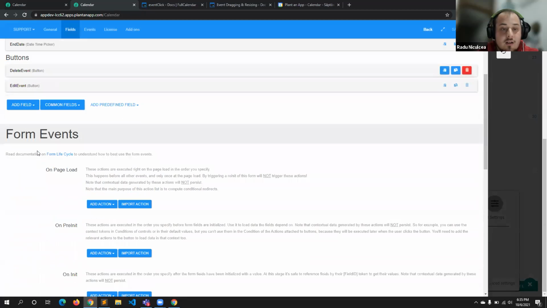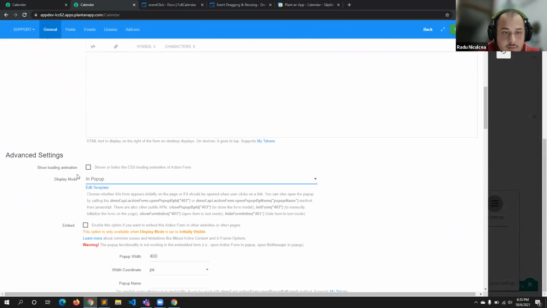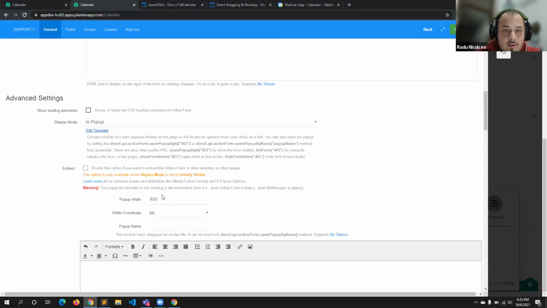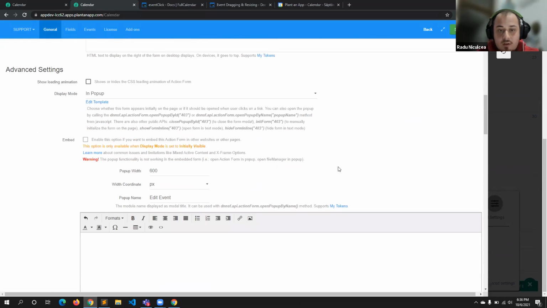Let's exit the layout mode for the moment and go back into the specific form for editing the event. And let's set it up to be in a pop-up state. Let's remove the initial template. Now I want this to be, I assume, 600 pixels, and say edit event. All right, we have an edit event. We have this form. Now to open the form, if you remember, the app supports a front-end API, so we can use this syntax here to actually open this form through JavaScript.